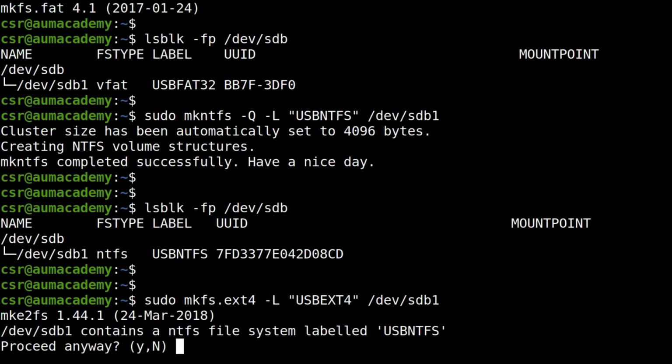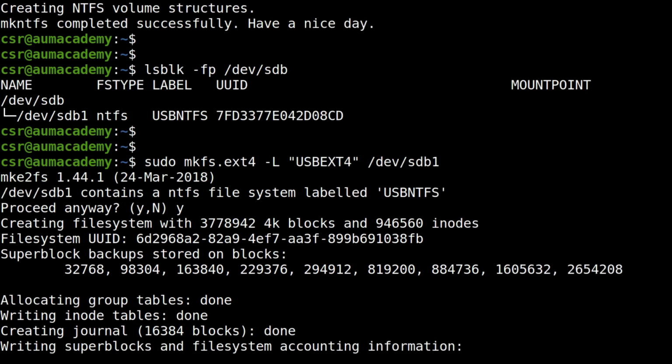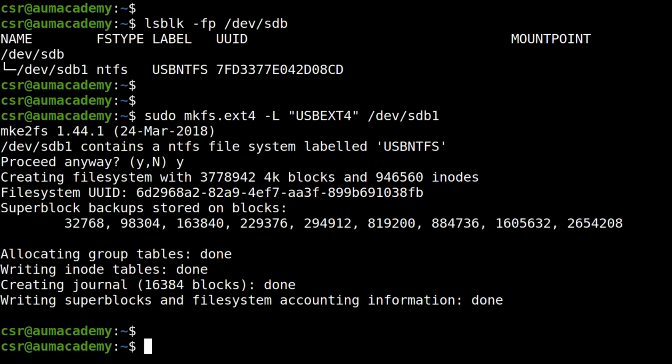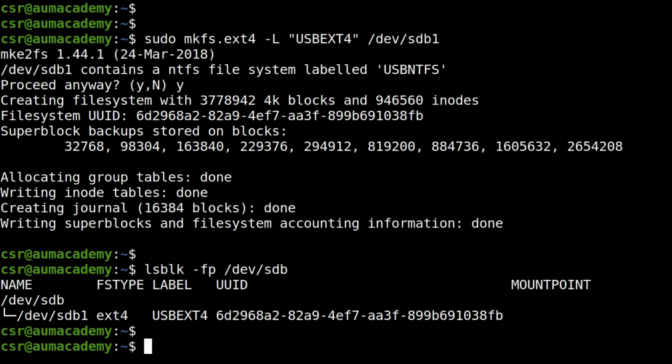It will create the ext4 file system on the flash drive. Proceed. Writing the superblock and file system, and now we can observe the file system using the lsblk command, and we can clearly see that the file system type is ext4.